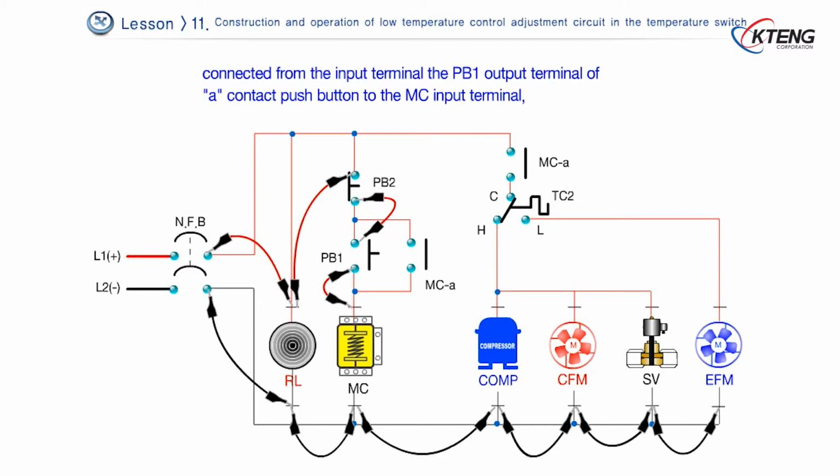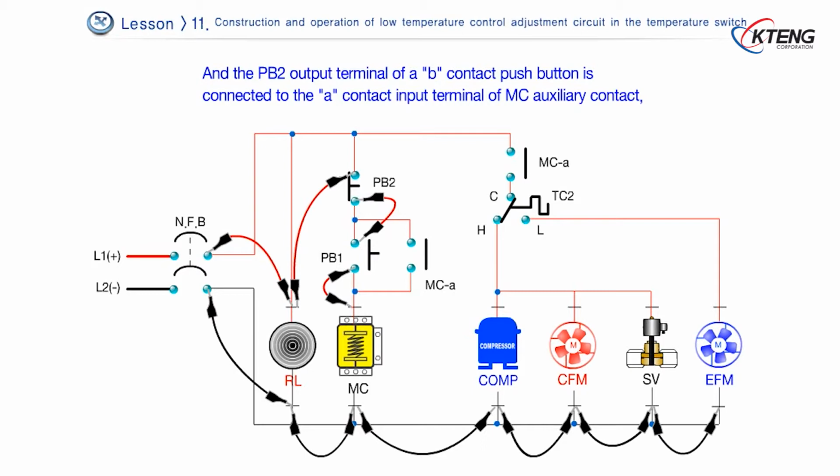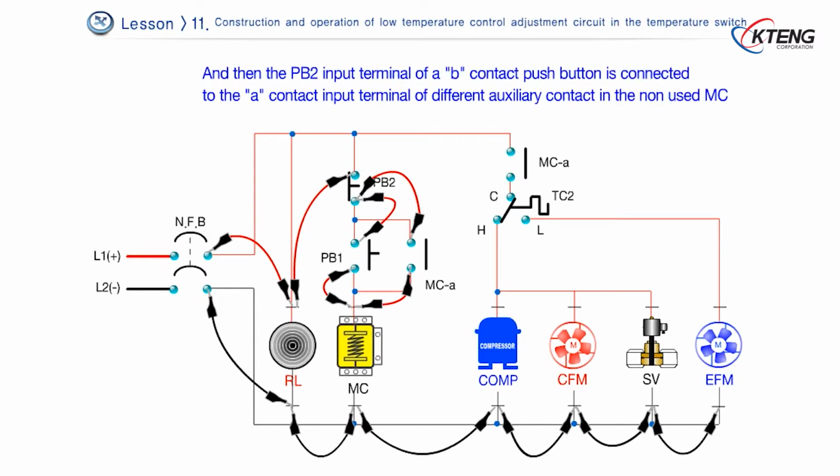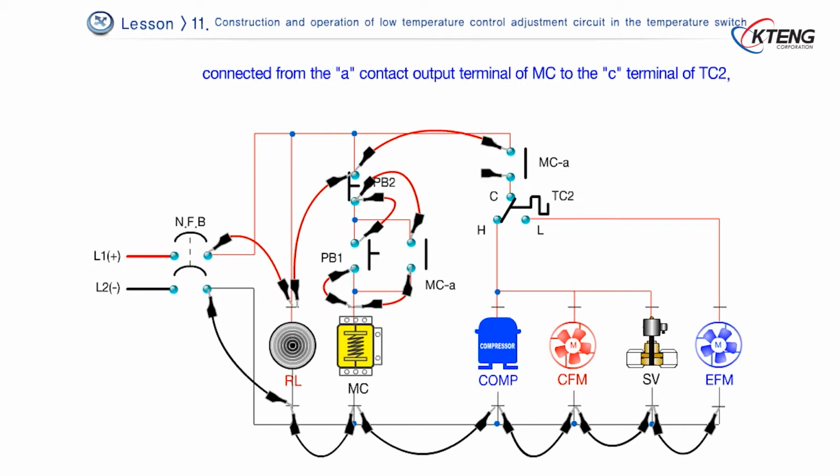the PB2 output terminal of a B contact push button is connected to the A contact input terminal of MC auxiliary contact, connected from the A contact output terminal of MC auxiliary contact to the MC input terminal, and then the PB2 input terminal of a B contact push button is connected to the A contact input terminal of different auxiliary contact in the non-used MC, connected from the A contact output terminal of MC to the C terminal of